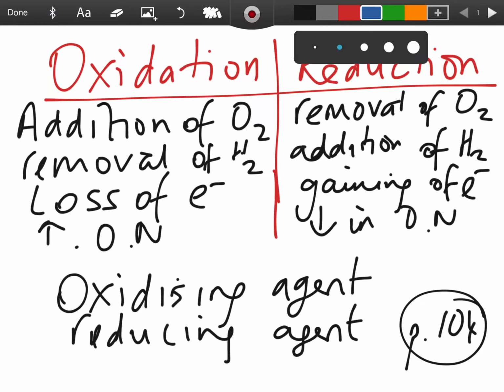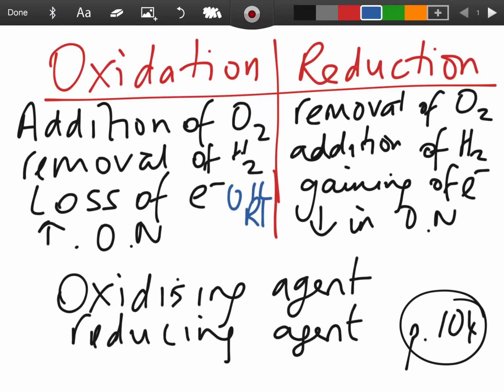So oxidation is the addition of oxygen. Reduction is the removal of oxygen. Oxidation is the opposite then: removal of hydrogen. Addition of hydrogen is reduction. Now, OIL RIG, remember that? Oxidation is the loss of electrons, reduction is gaining of electrons. And then in ON, remember oxidation number: if there's an increase in the oxidation number, it's oxidation, and if there's a decrease in oxidation